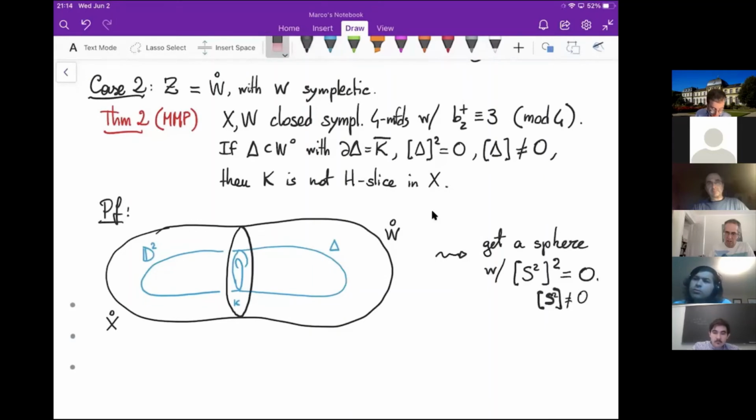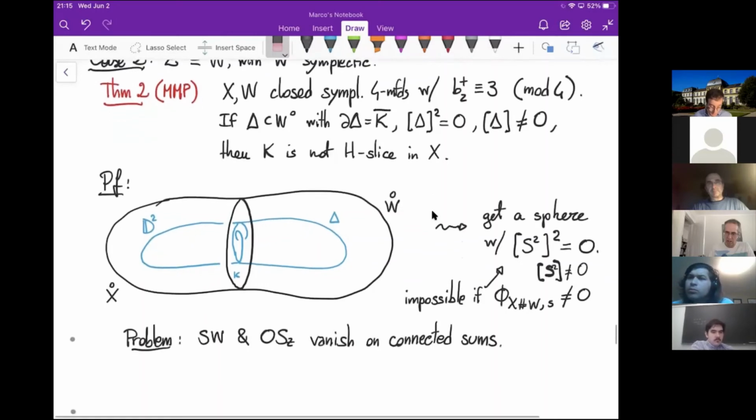Then a result of Kronheimer and Mrowka says that this is impossible if the Seiberg-Witten invariant of the four-manifold is non-zero. But now the problem is that this four-manifold is a connected sum of two four-manifolds with b2 plus greater than 1. And there's a vanishing result that tells you that the Seiberg-Witten invariant will always be vanishing. So that's too bad. But we can actually